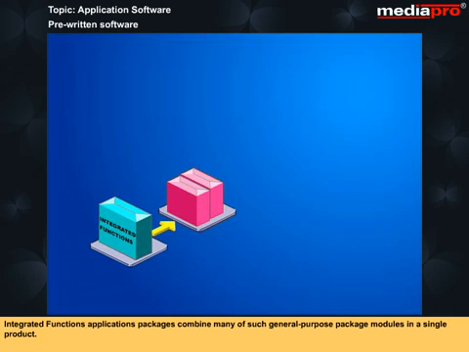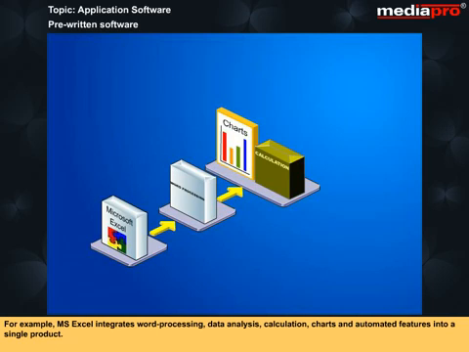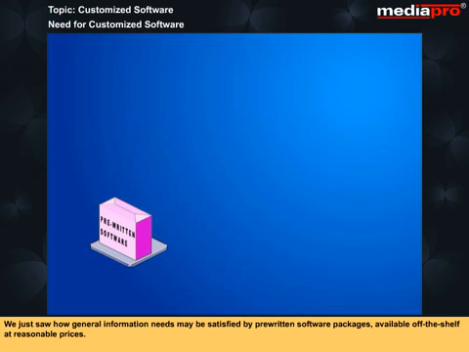Integrated function application packages combine many of such general purpose package modules in a single product. With an integrated function package, it is possible to use a common set of instructions to share data and move material amongst several applications. For example, MS Excel integrates word processing, data analysis, calculation, charts, and automated features into a single product. We just saw how general information needs may be satisfied by pre-written software packages available off the shelf